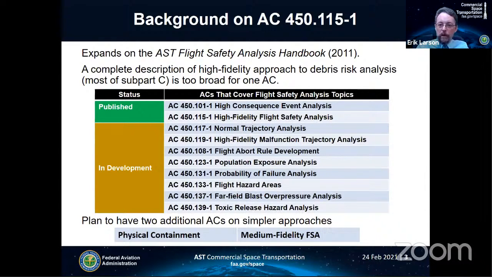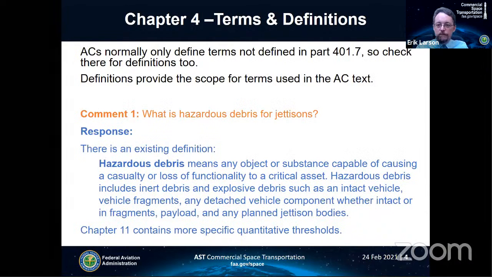So let's move on and start looking at the regulation. The next slide. So the first significant technical chapter is just the terms and definitions. And this is chapter 4 of the advisory circular. Now, one thing to note is that normally the advisory circulars don't redefine or include the definitions that were already in section 401.7 of the regulation. So make sure to look at those definitions because those apply across the entire part 400 regulations, including all of the ACs. But the definitions in the AC itself are scoped for terms that are used in this particular AC